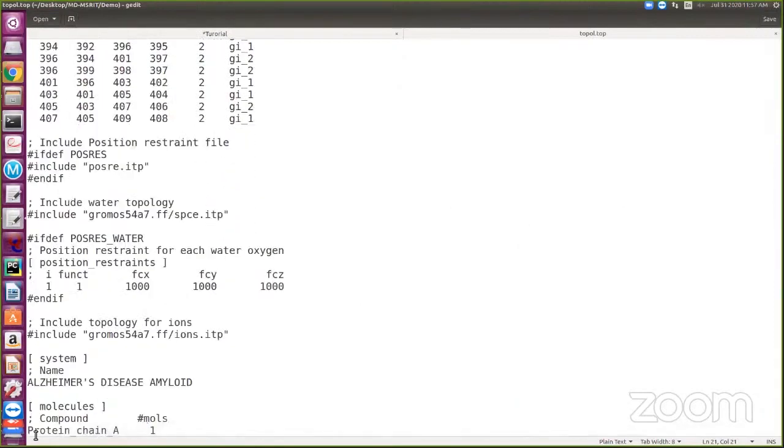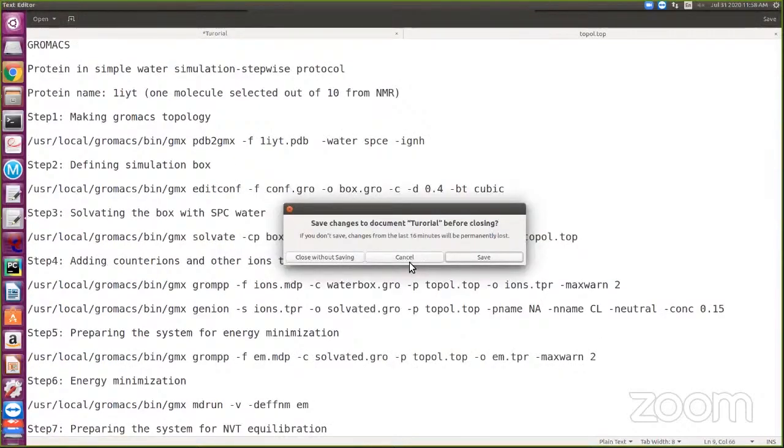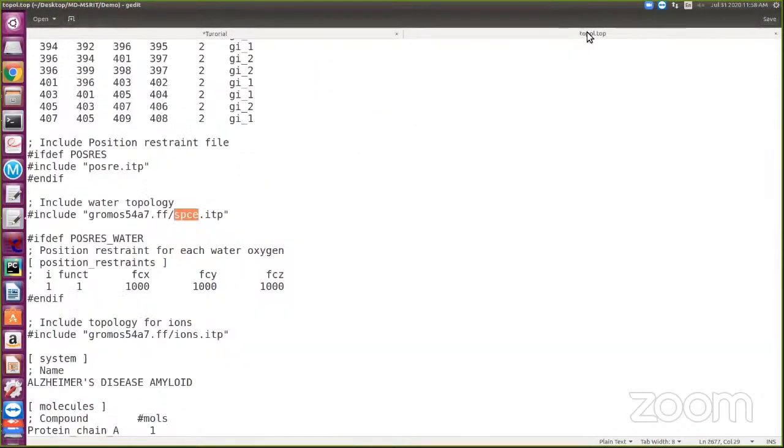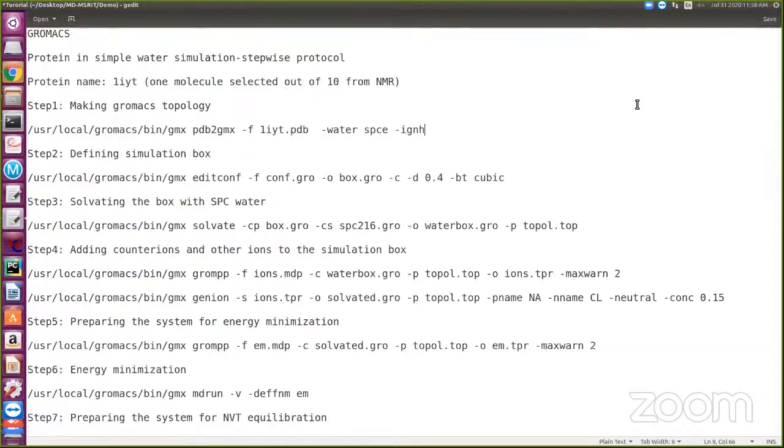You can see it consists of only one chain and all other information is there. I already mentioned the SPCE water model, so the water topology is the SPCE water model. Now I'll just close this topology file.